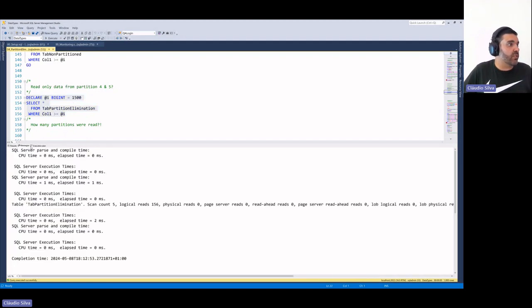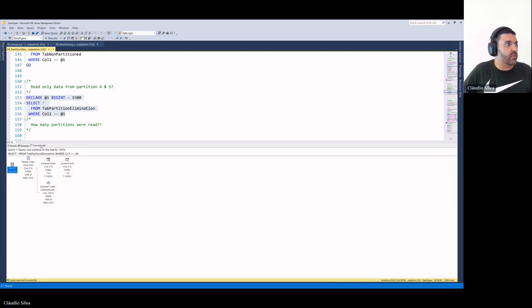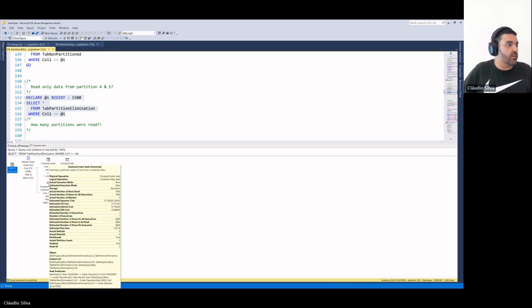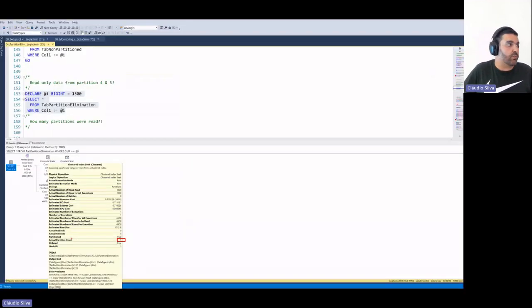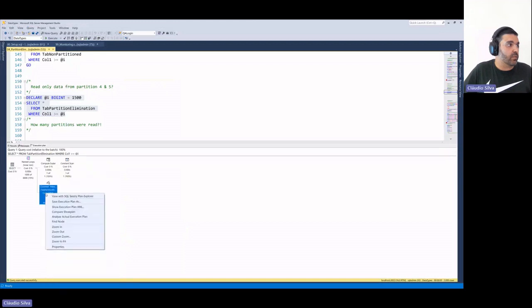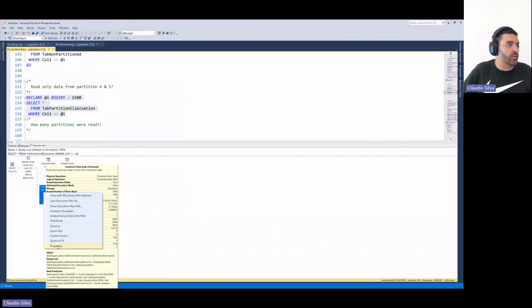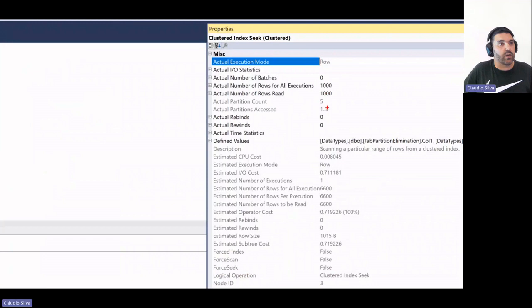We already saw before that it did 2 scan counts, but these numbers changed. What's happening here? Oh, wait. Now I'm reading 5 partitions, not just 2. Don't believe me? Let me open this one, and it says I'm reading 1 through 5.